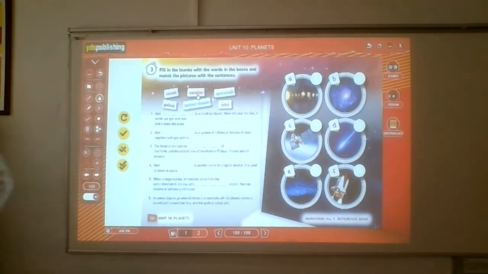Guys, what is this? A comet. A comet is a small icy object. When it's near the sun, it sends out gas and dust, and it looks like a tail. Number two. A galaxy is a system of millions or billions of stars, together with gas and dust. Number three,